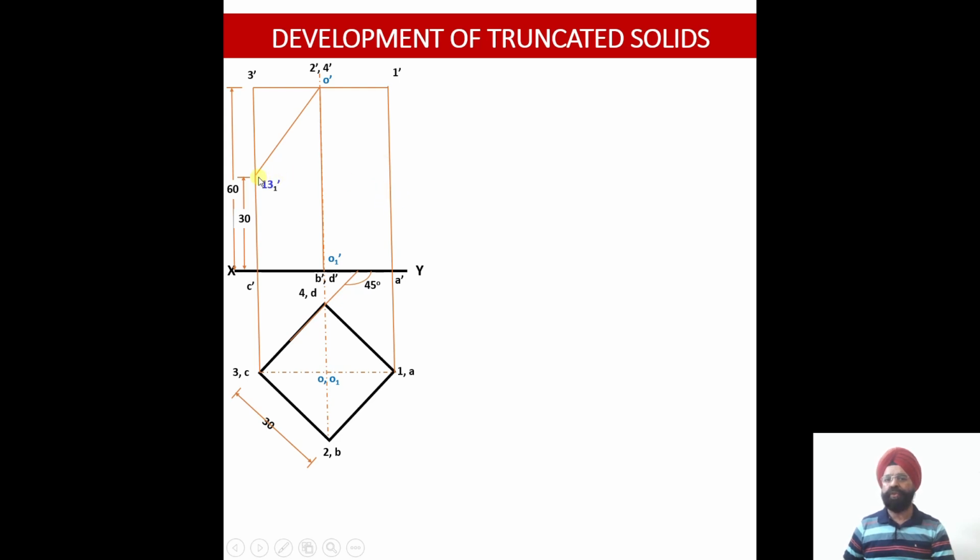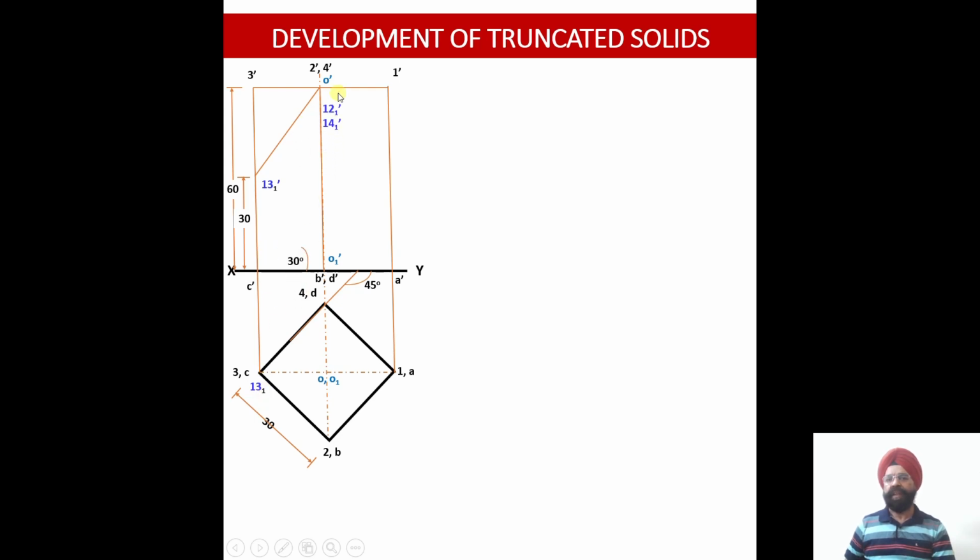Now let us work out the points of intersection of this cutting plane with the vertical edge. So this cutting plane is going to intersect the vertical edge 3 dash C dash at the point 13 dash over here. Similarly, if you look at it from the top, the top view of 3 dash, 13 dash and C dash would be a point view because they are all lying on the same vertical edge. So 13 dash in the front view will appear here, which is the point of intersection of the first cutting plane with the vertical edge 3 dash C dash. So point 13.1 has been drawn as the top view.